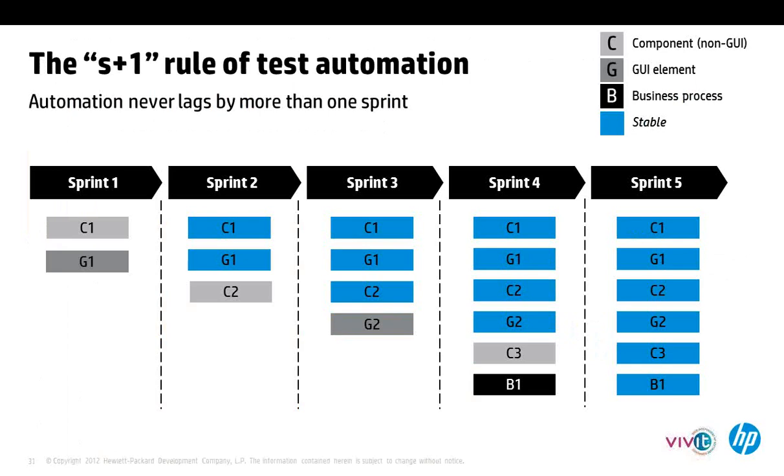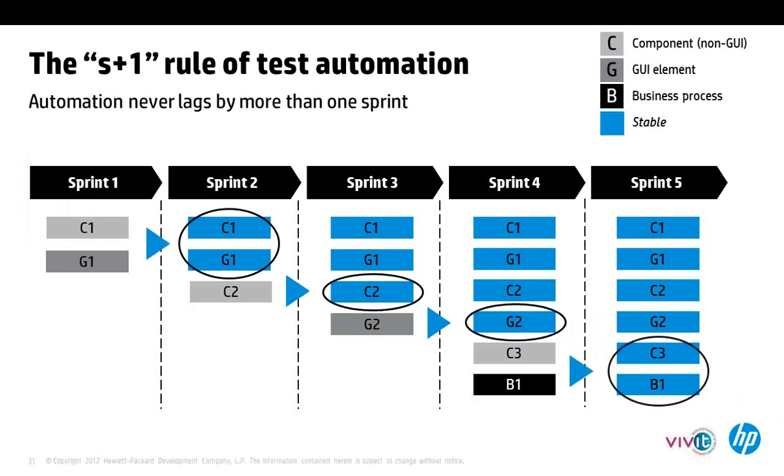Imagine you are in a particular sprint, and the GUI is not ready for a certain business process, maybe till sprint 4. How can you enable continuous testing? This is where you can start building GUI tests as well as component tests for components which do not have a front end yet, and even business process tests which are not ready end to end. You can start testing at a component level, and that way you can enable automation within that sprint for all the components that were built in the previous sprint.